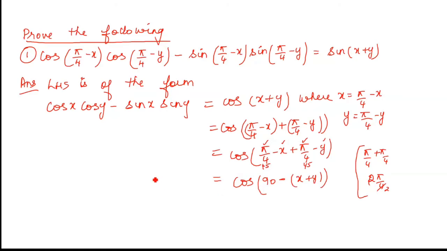Now this is the allied angle concept. 90 minus means coming in the first quadrant. First quadrant all are positive. Even this cos is positive. So the sign is plus. Next step, 90 lies on the standing line. If it is lying on the standing line, I have to change to cofunction. Who is the cofunction of cos? Sine. Sine, and then what you have to write? X plus y. We have reached the answer, the right hand side.